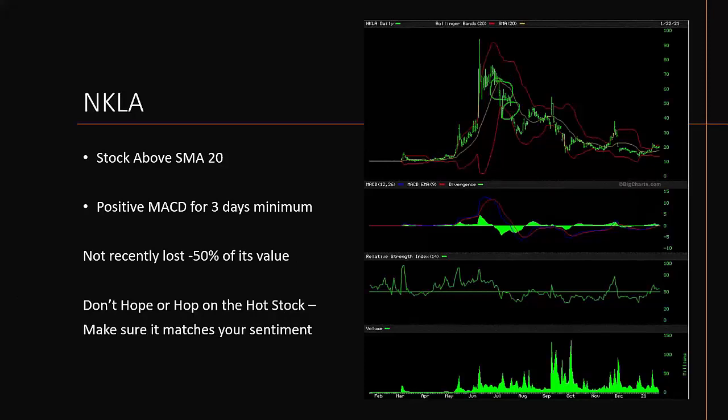What are the basic rules that you can see directly on our preferred weekly bull put credit spread search, and that you can also hear me talk about on a regular basis? Number one, I want the stock to be above the 20-day moving average. I want a positive MACD for 3 days minimum. And I'm not going to enter a stock that's recently lost 50% of its value. I bring that up because if this was the time frame that the investor got caught, that gap right there,